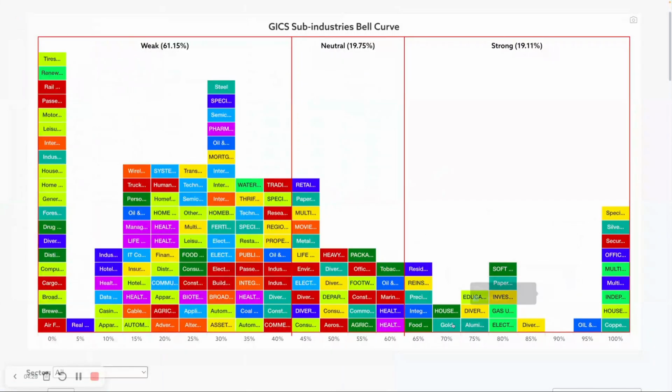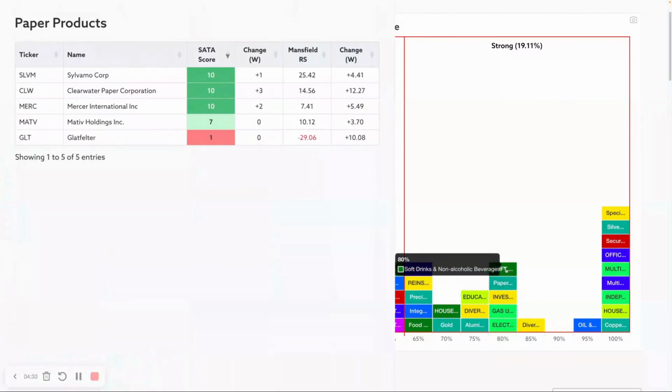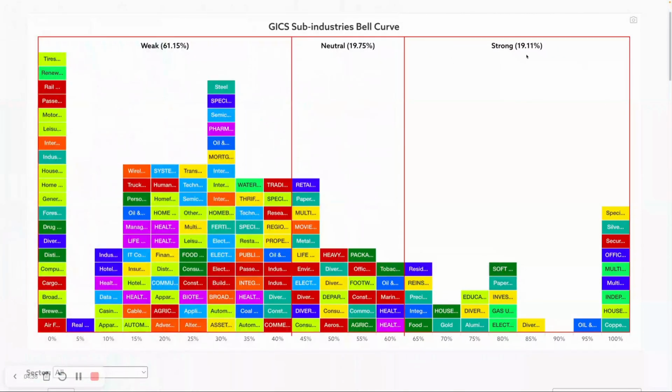So all of these on the right hand side here, we've got 19.11% at the moment. All of these sub-industries are currently in the strong zone, i.e. a higher percentage of them, 60% or more, are on a SATA 6 or above. So we've got precious metals and minerals, for example. You've got gold, you've got silver,